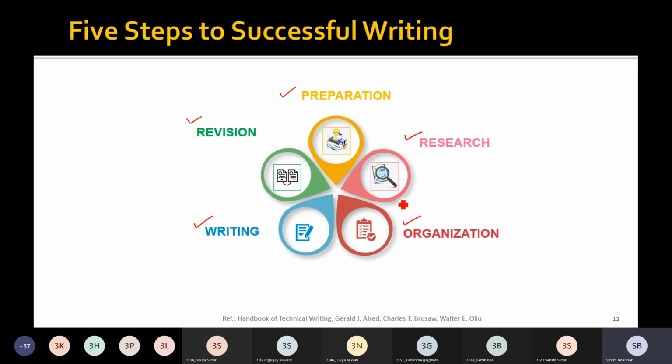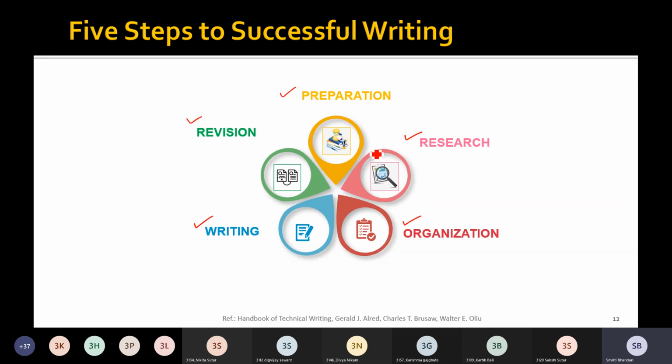So whenever you go through the material under research, after researching, you may once again revisit the first step, that is preparation, and you may need to modify your purpose, or you may need to have some additional consideration to identify your audience. So it may happen.